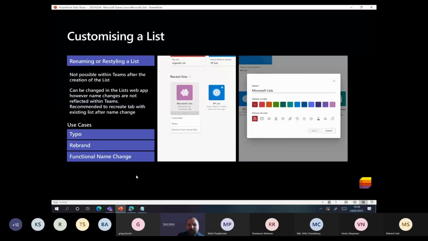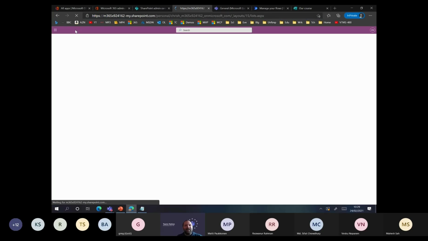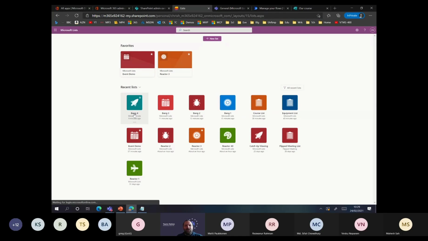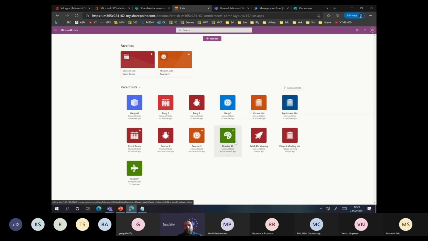Now, customizing a list, renaming and restyling, is not possible to do within Teams. This is only possible inside the web app experience. So for example, we might have a typo in the name of a list. We might need to rebrand the list, or it could have a functional name change. So if I go into the web app experience and I go back to see my lists, I could, for example, want to change the name of this list. And in the web app experience, it's very easy to do so. I go to customize, I change the name, I change the color. Bang, you can see that that has just changed the name and changed the color and the description immediately